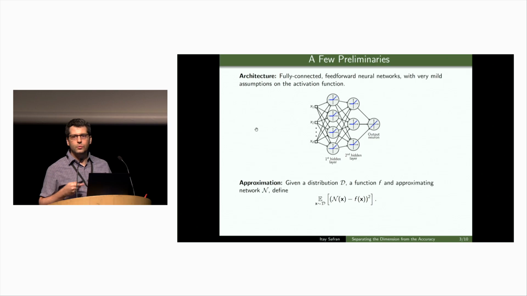When I say that we approximate a function using our neural networks, what do I mean? Formally, we consider a standard L2 approximation notion where we have some underlying distribution on the data, and we sample some instance from that distribution. Then we look at the expected square loss when we try to approximate a target function f using our neural network n when we draw from this distribution.